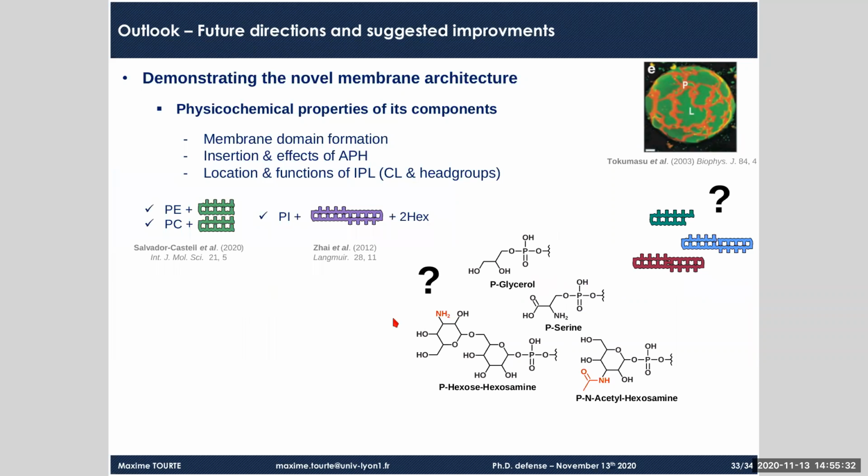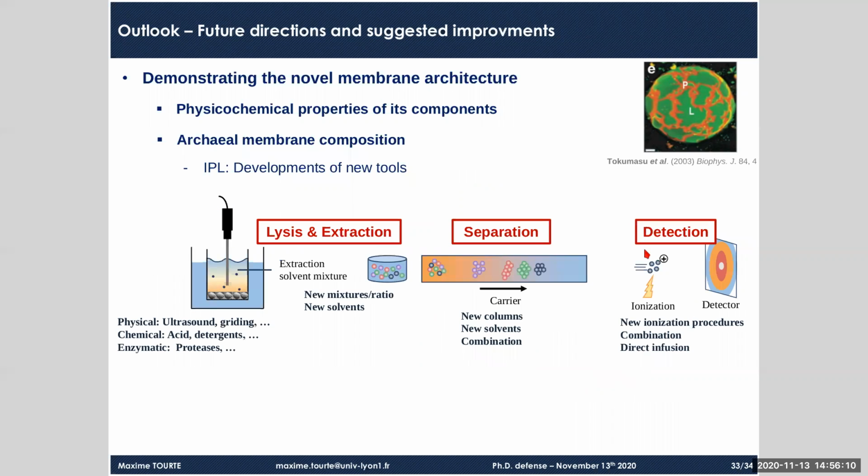Eventually, we only have limited data on archaeal intact polar lipids. We know how, for instance, phosphoethanolamine diethers and tetraethers bearing phosphoglycosidic head groups behave, but the physicochemical properties of the diversity of polar head groups and structures that we identified remain uncharacterized as well. All these characterizations have been notably hindered by the fact that we have a poor understanding of the lipid diversity in Archaea. So I suggest to improve the characterization of the membrane composition, starting with intact polar lipids.